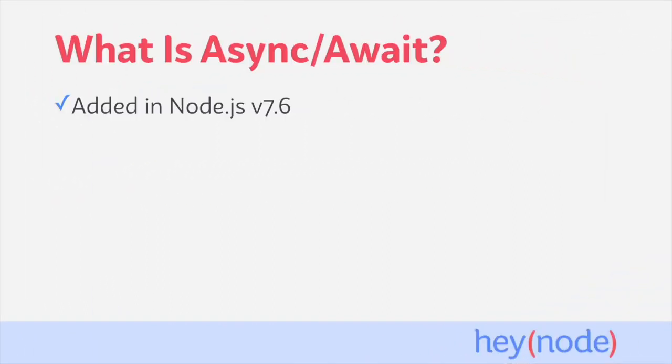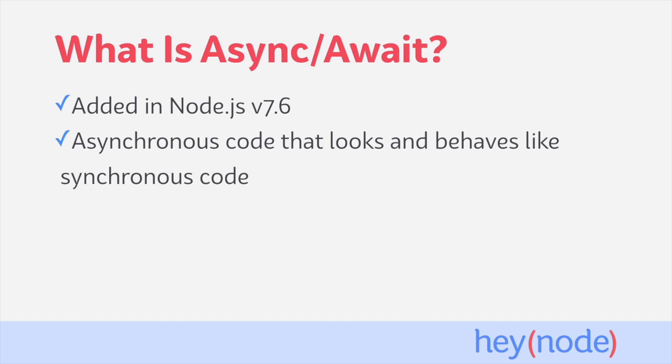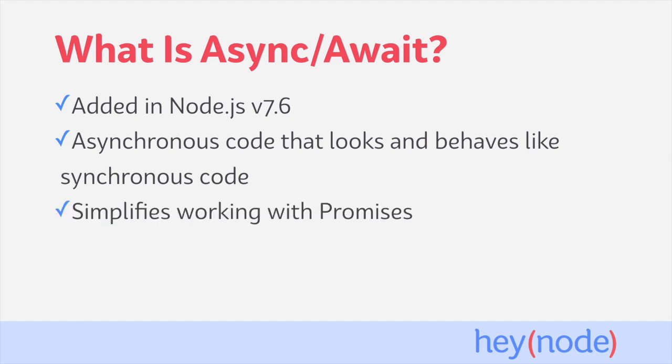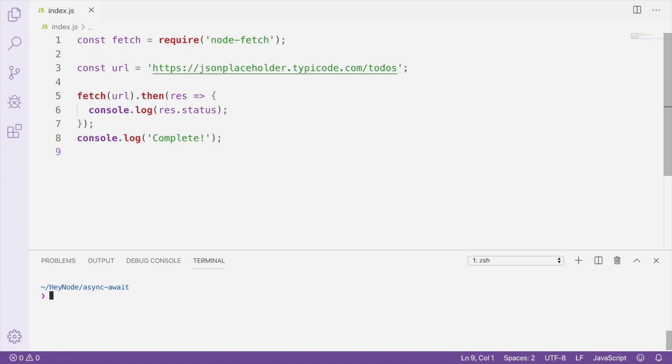Async await is a JavaScript feature that was first added to Node.js in version 7.6, so it's been around since about 2017. At its heart, async await allows us to write asynchronous code that looks and behaves like synchronous code. What that ultimately means is that when you're using async and await, the await keyword will allow a function body to pause its execution and come back to that part of the function when the promise or asynchronous work has completed. Overall, async await can greatly simplify working with promises. It allows us to write less code when working with promises, which gives us the benefit of more straightforward, easier to work with code.